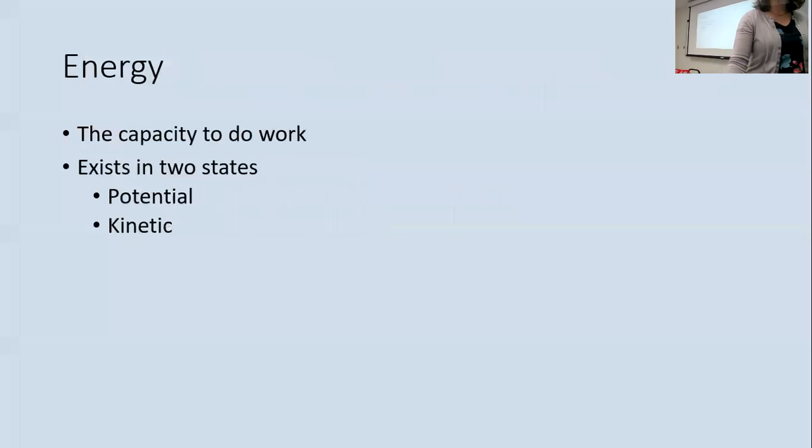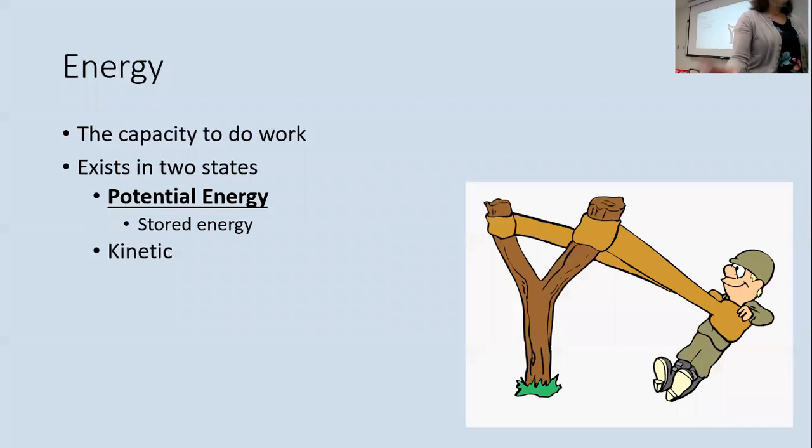So to start, what is energy? Energy is just, for our purposes, the capacity to do work. Energy is used to do work. So however much energy you have, are using, are storing, represents your ability or capacity to do something. And it can exist in lots of forms, but two states, either potential or kinetic. So potential is just